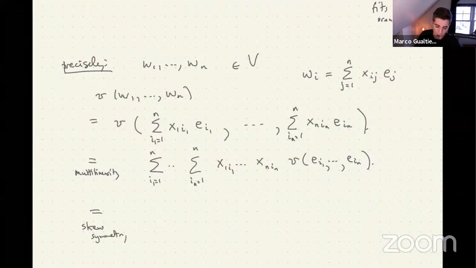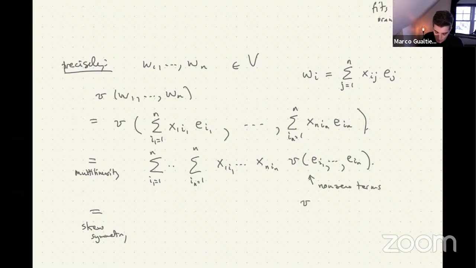right? To say that actually a lot of these terms will be zero because there's going to be plenty of terms where there's a repetition of a basis vector. Like, for example, E1, E1. If the first index is 1 and the second index is 1, then that term in the sum will be V(E1, E1). And that's 0. And similarly, there will be the non-zero terms